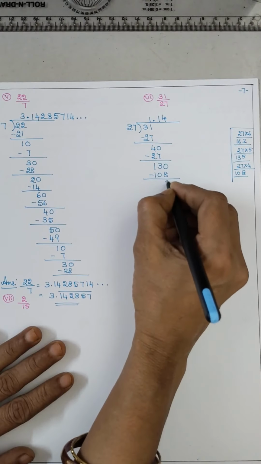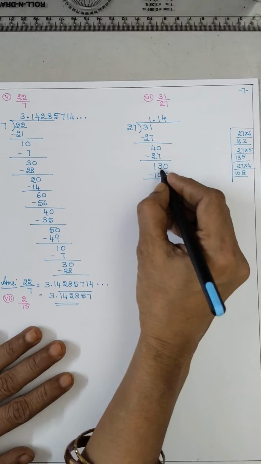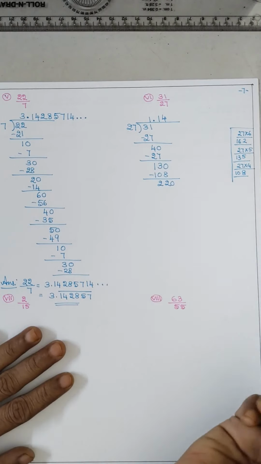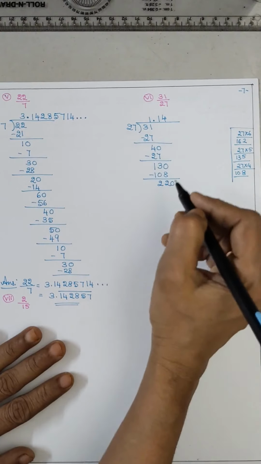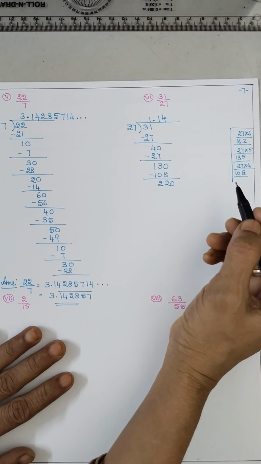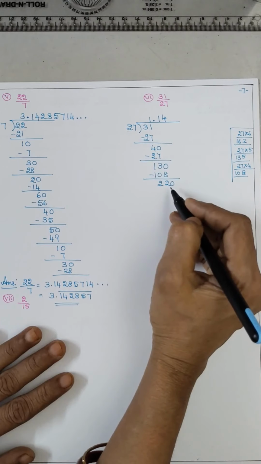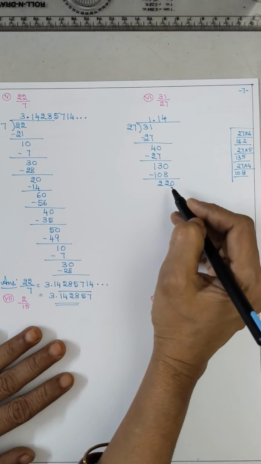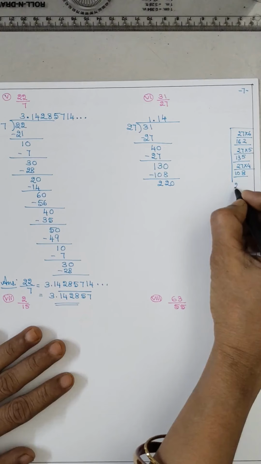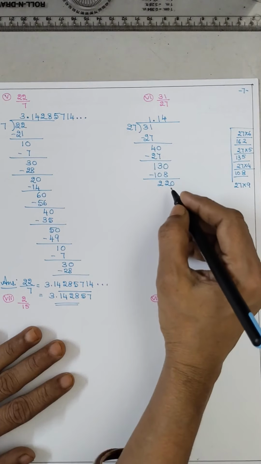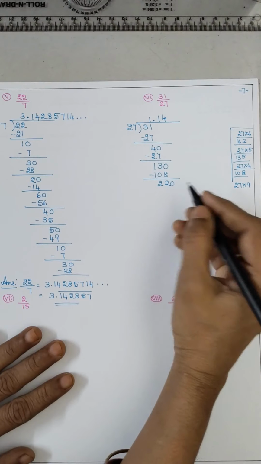10 minus 8 is 2. Now 2 is remaining here. Take an extra 0. 27 how much za? 220. 22 how much za? 22. At the maximum you can take 9. Isn't it? 2 11s are 22. So 10